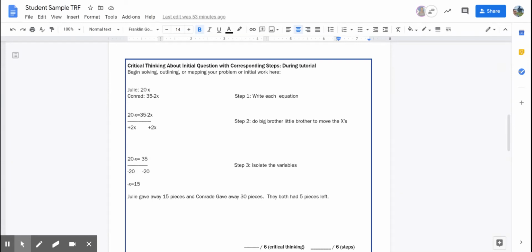All right, guys, so now we're going to take a look at our critical thinking from our initial question, and we're also going to be talking about our steps. So these are things that you can do both before the tutorial and also during the tutorial. So if we look at our math question that we're using as our sample,